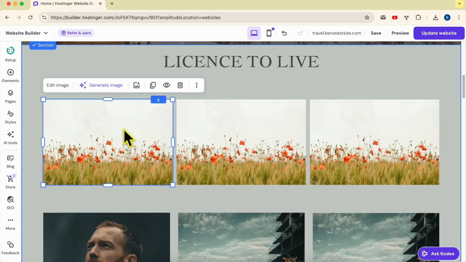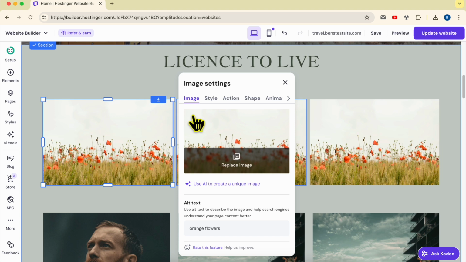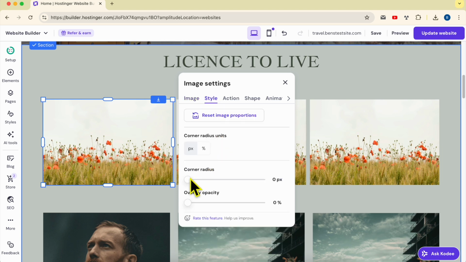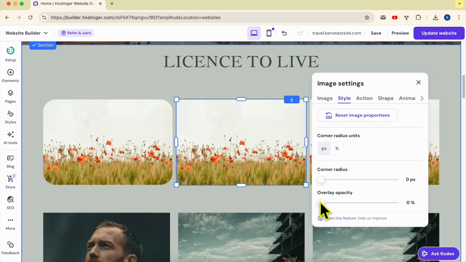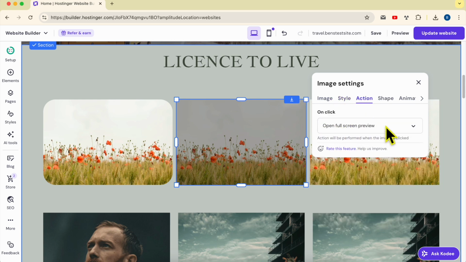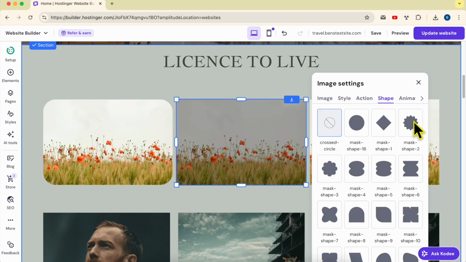Now it's good. First, I will show you how to edit the corner radius like this. And on the second one, I will show you that you can edit the overlay opacity. And on this third one, the action is already open full screen preview. And for the shape,